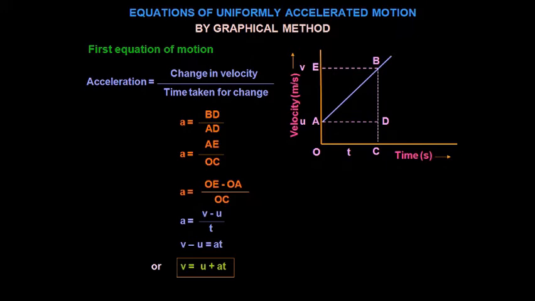Now you have to consider this velocity time graph of a body, and this body has an initial velocity u at point A, and then its velocity changes to v at a uniform rate. So it changes from A to B, or in other words, there is a uniform acceleration a from A to B, and this happens after time t.